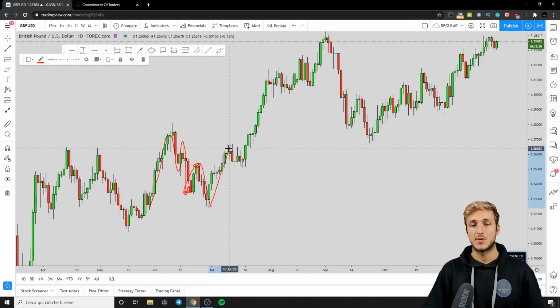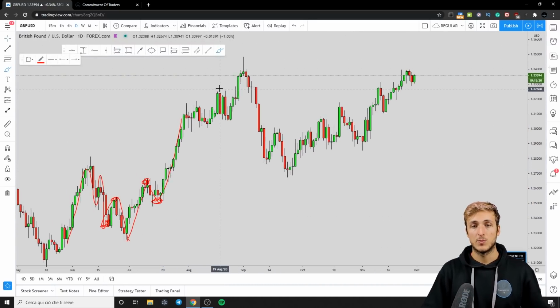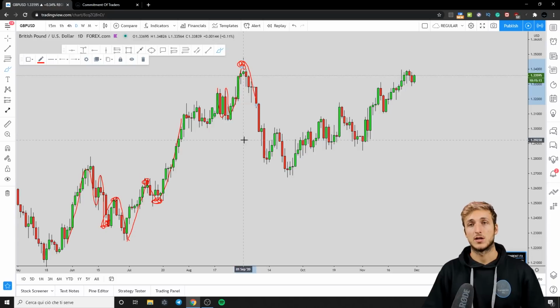and that is exactly what the market did. Then the market created this W formation, and from here I made a full breakdown explaining why I wanted to see first a retracement before the continuation to the upside, and again that is exactly what the market did. Then we had the creation of this overextended W formation, and I explained all the reasons for which from here we wanted to see the market create the move to the downside,